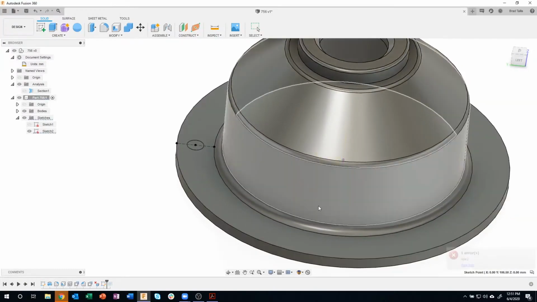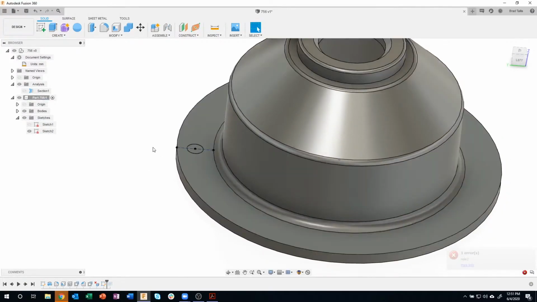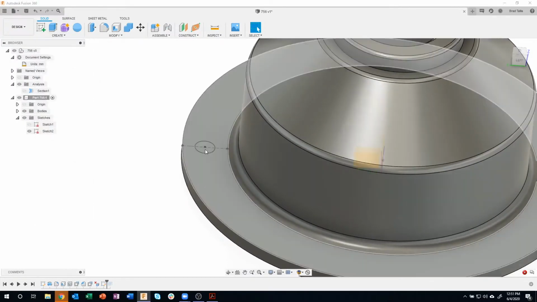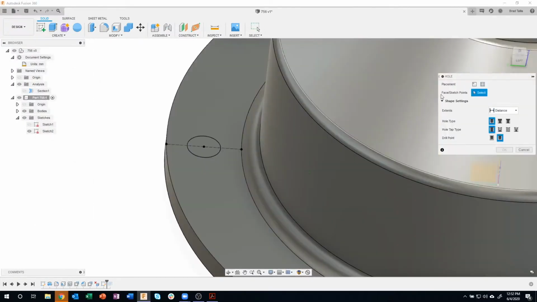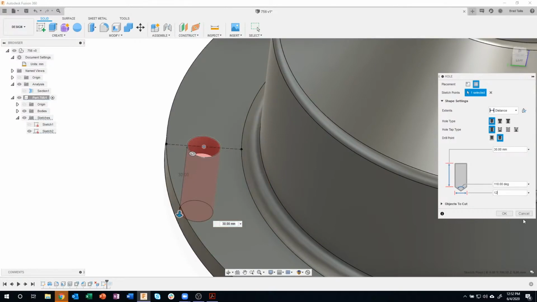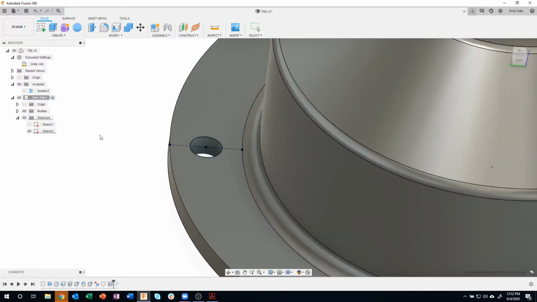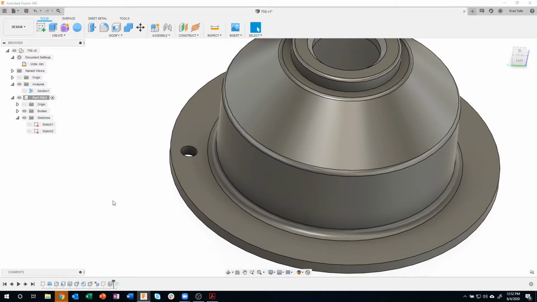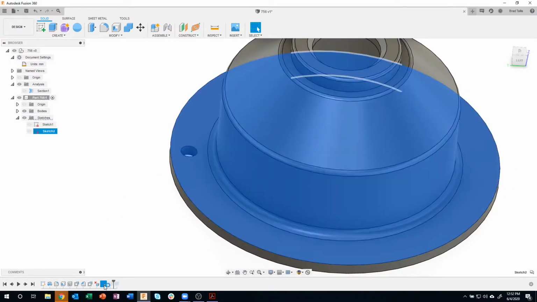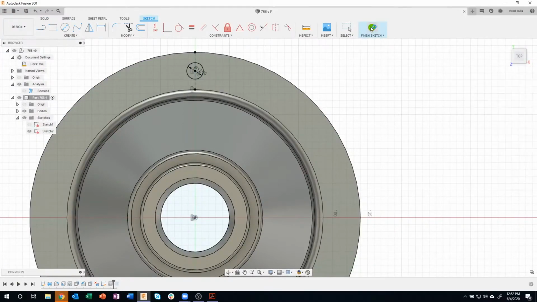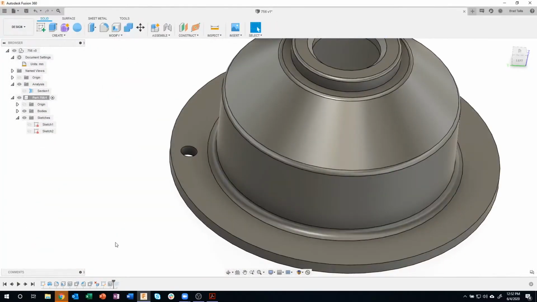Now, what's the difference? Oops, sorry, let me do that again. Let me go create hole. So sketch point, I'll say okay. Specify 12. I'll just leave the distance for now. I'll say okay. Let me turn off my sketch. So what's the difference? Well, in here I have a sketch of a circle, and that's totally fine. But what if I want to make a change? What if we decide